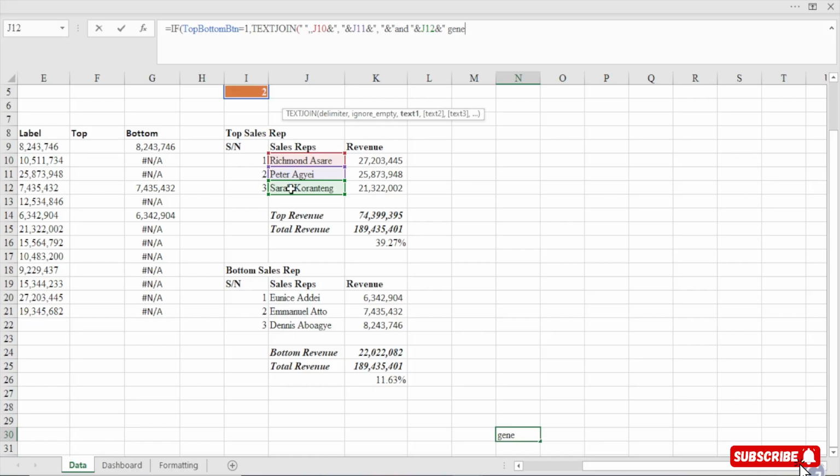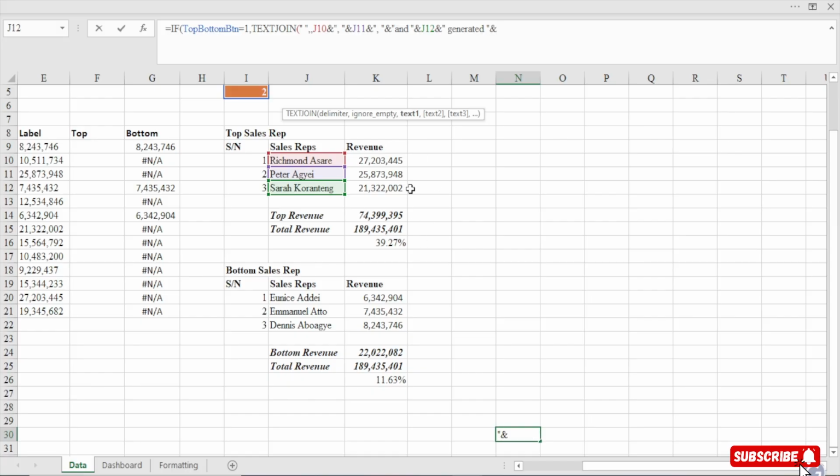So anytime you are writing a text in a function, you have to put it in a double quote, right? So we are going to say they both generated, we end it, and then we concatenate it.